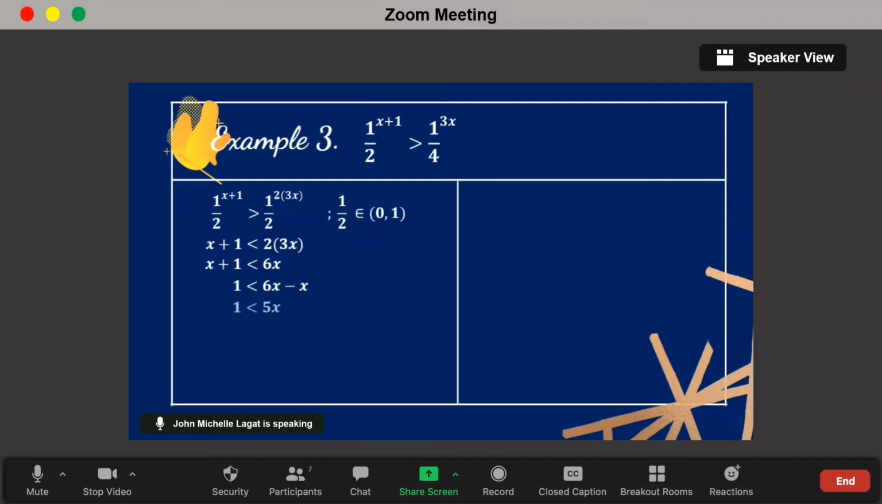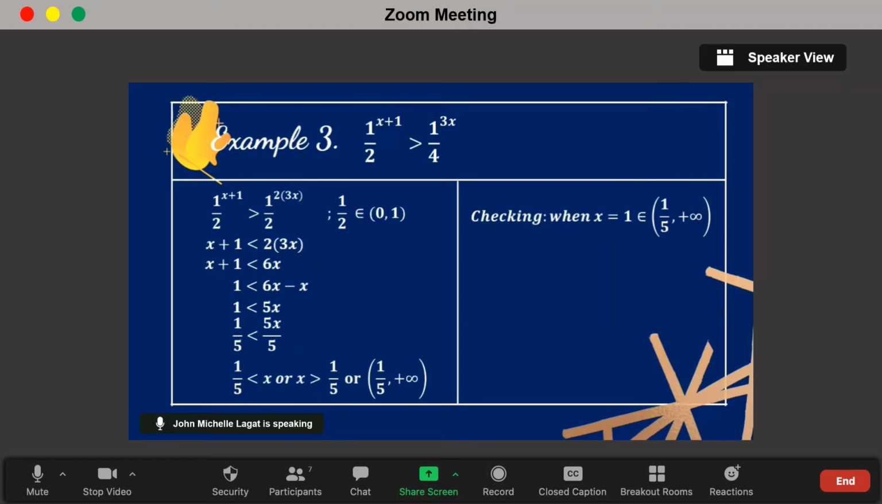6x minus x is equal to 5x. We then divide both sides by 5 to get the value of x, which is greater than 1/5. To check if our answer is true, we can substitute the value of x with 1, which belongs to the